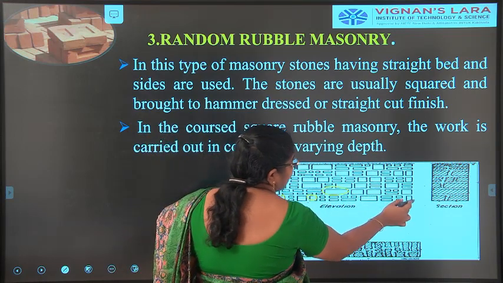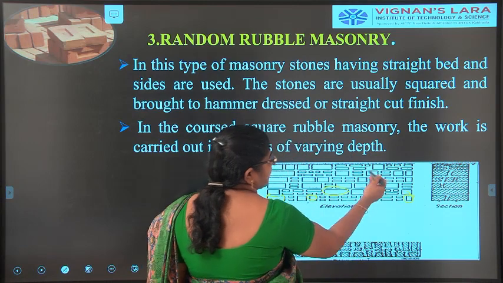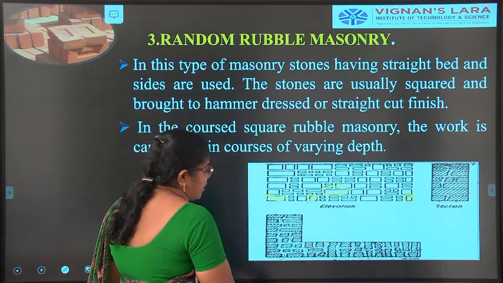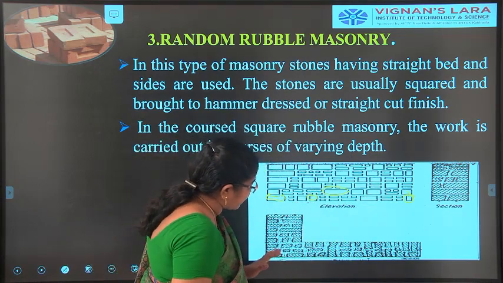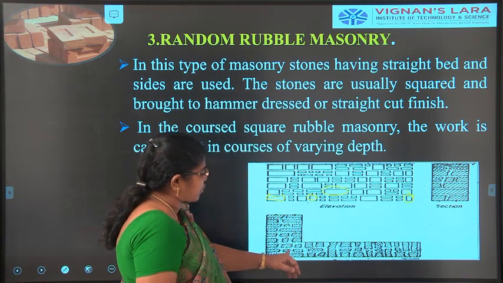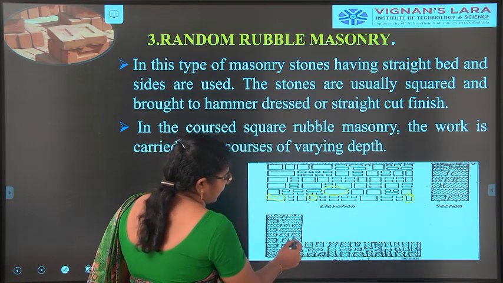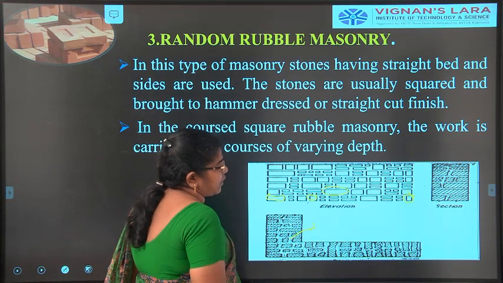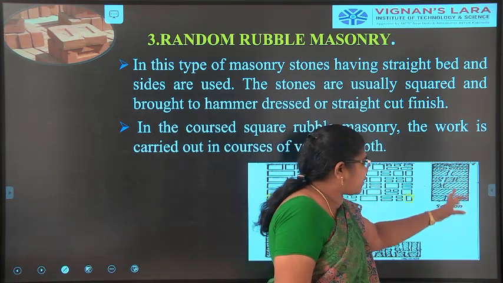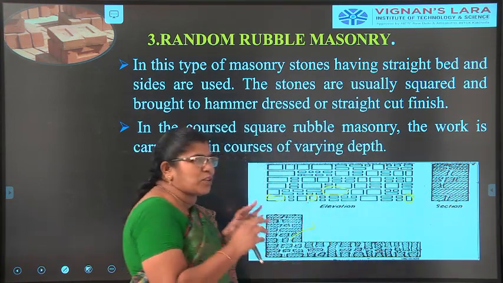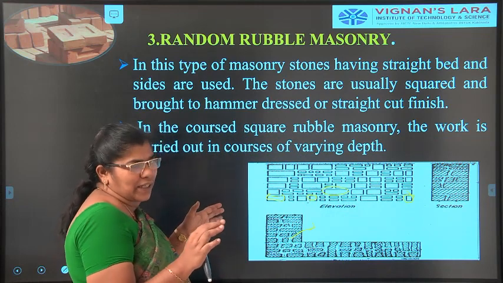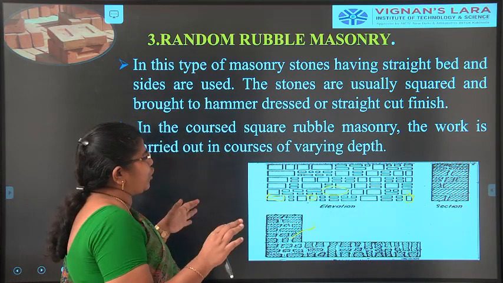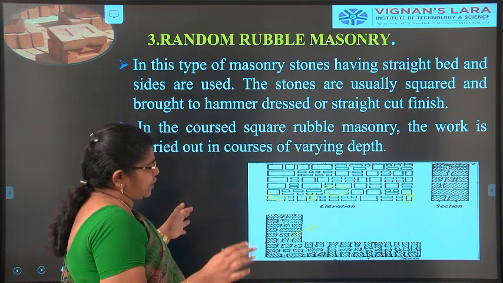You can see now, even it is not rough. Square is there, rectangle, any size is there. If you are taking a cutting now, you can see the different sizes of stones. In between, this is a mortar, right? This is a mortar. Okay, so you can see here, this will be like this. So it will be almost dressed, partially dressed, or it will have a uniform squared, or it is a